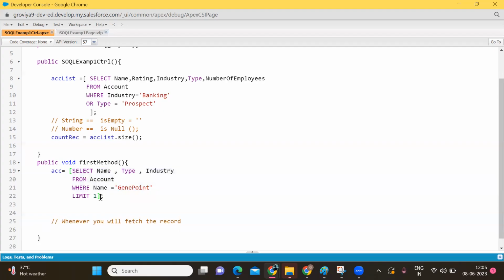If you have only one record, that time you can use dot notation here, and you can take the value, whatever value you want to take: name, type, industry. And you can store it in, means if it's the name, for getting the string type value, store it in string type of attribute or variable. If you are getting number type, store it in integer. But same things we are doing here।